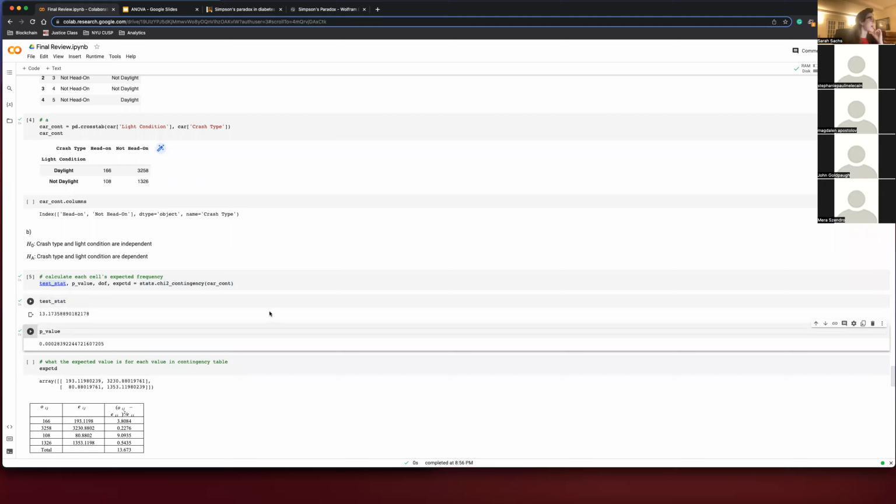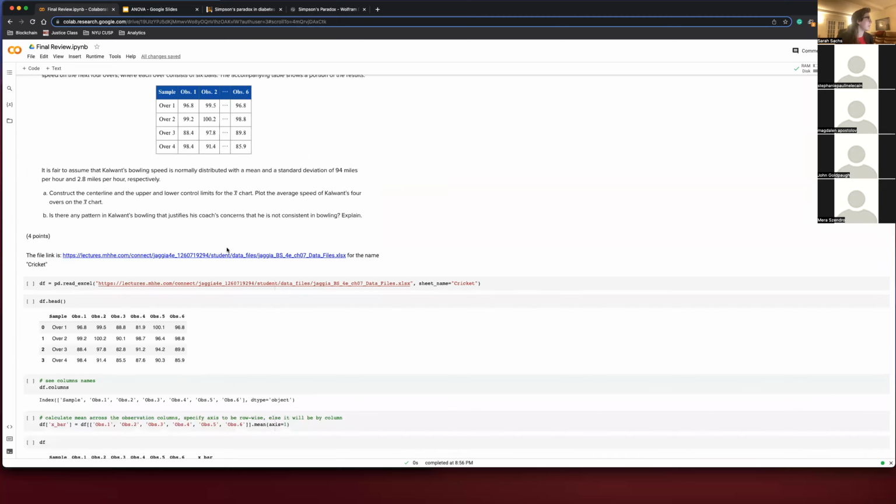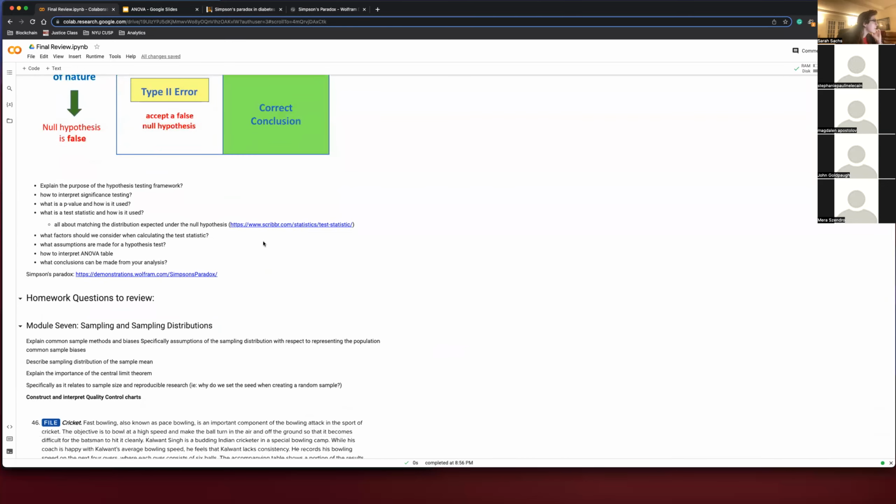So in this case, we have this test statistic from the chi distribution using this contingency table. And this test statistic is pretty much giving us an indication of how extreme it is. The larger the number or smaller, it kind of depends on the distribution and what it is we're trying to understand. So I would say for the final, I would walk through these questions and think a little bit more about, okay, what is the test statistic for this describing? Because it's different. I linked to something like that here,